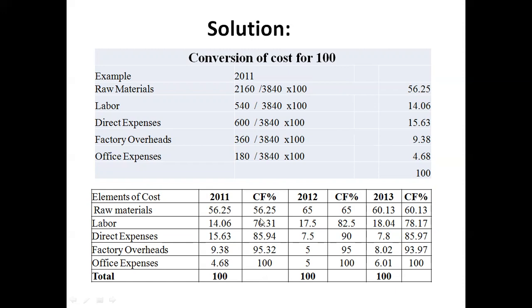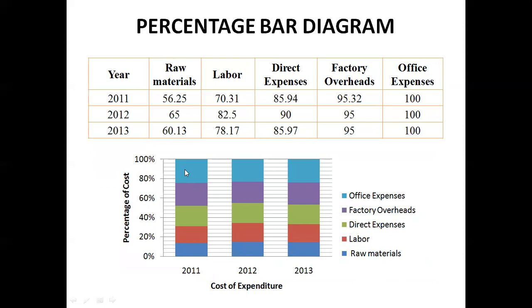Then the cumulative frequency of the percentage is calculated just for the purpose of locating the scale in the graph. So next, in the same way, we have to convert this into percentage and add this percentage, and we are going to get this. Next one, same, converted into percentages and we get the cumulative frequency. So here all are equal to 100. Therefore, there will be no change in the length of the bar. All are the same. Even though it is one dimension, width is also the same, height is also the same.